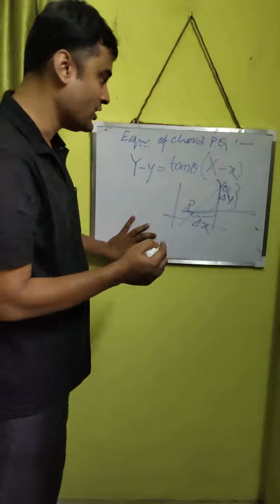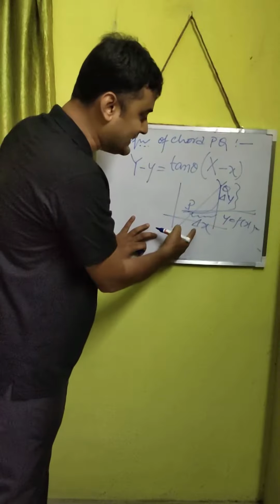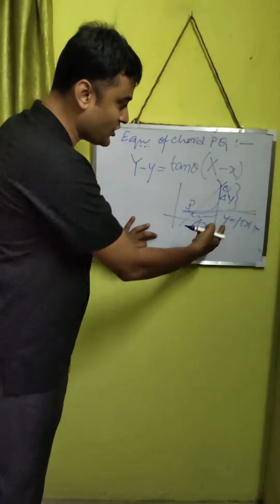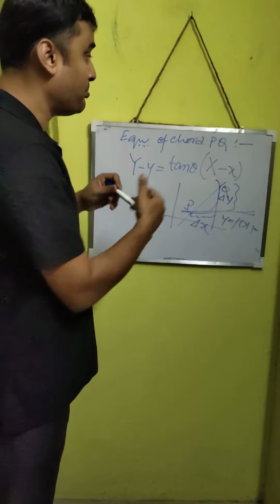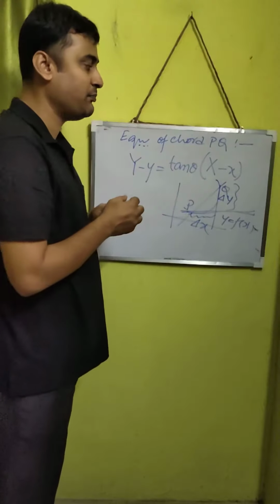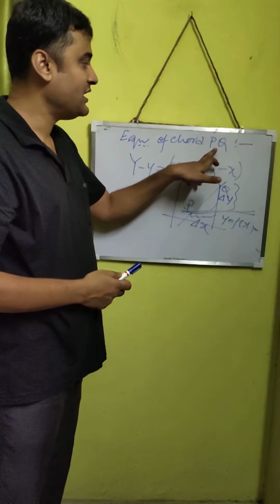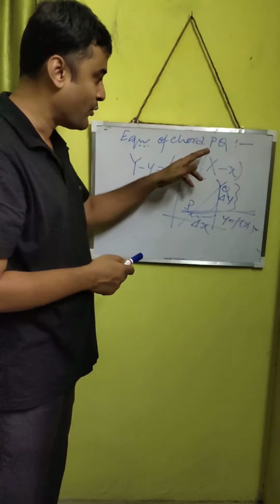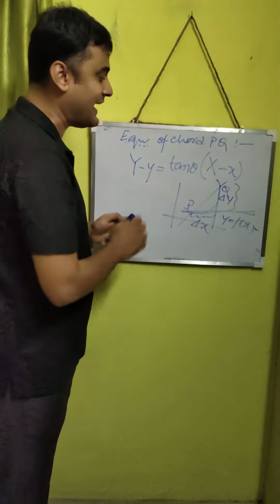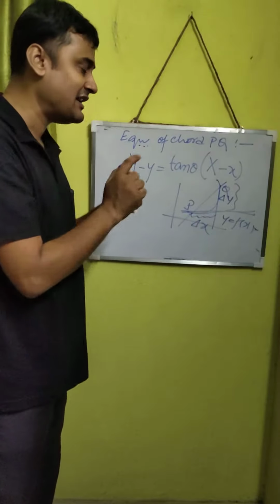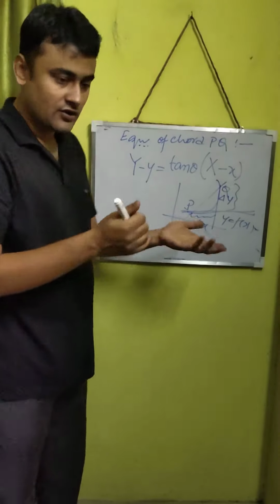But delta y is dependent on x. So we have y equal to f(x), the curve. So y is dependent on x. That means delta x must tend towards 0 in order to decrease delta y, so that P and Q coincide. So for PQ to be a tangent at the point P, in the limiting sense, I am repeating again, please listen very carefully, we must have delta x tending towards 0, and in that limiting position this equation will become the equation of the tangent. So what do we get here?